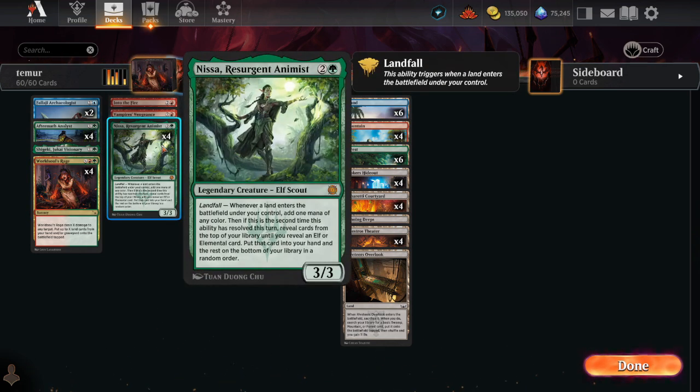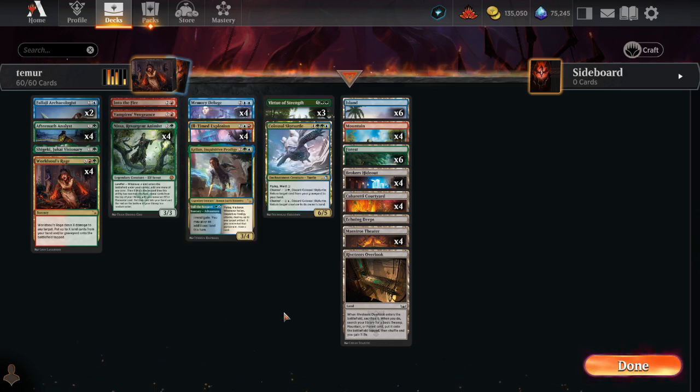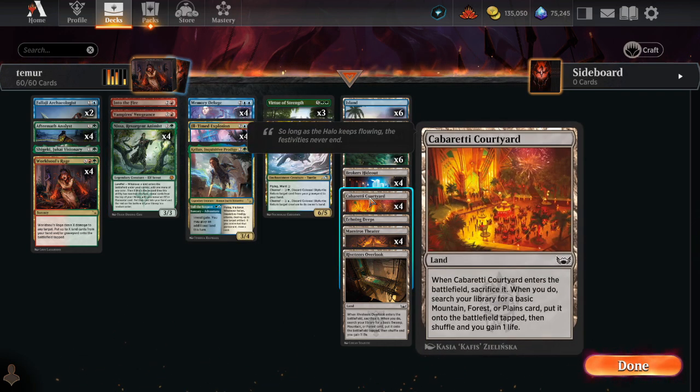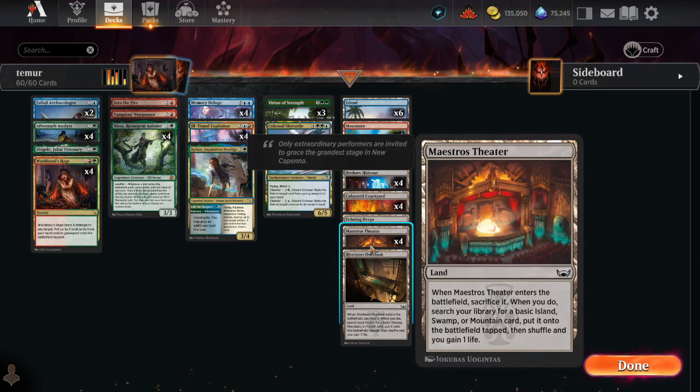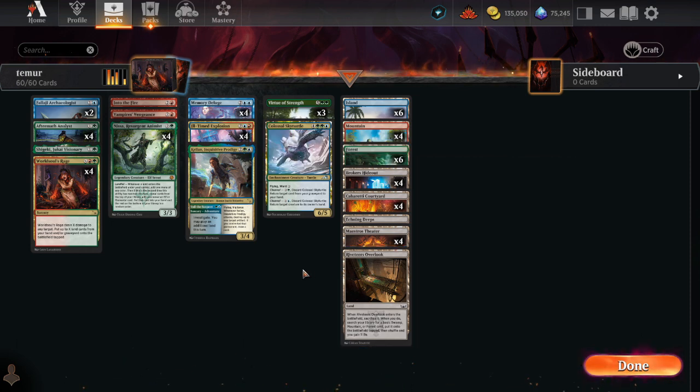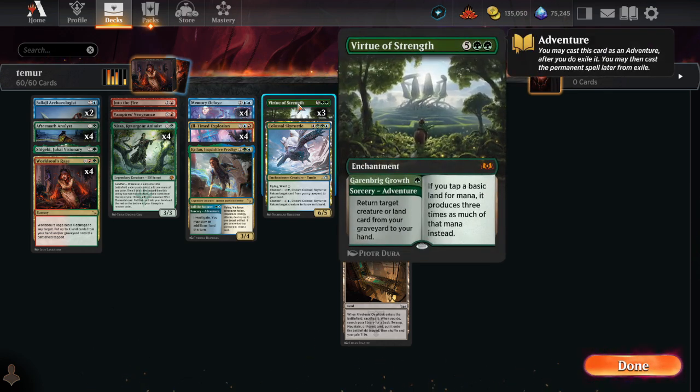All of these cards work perfectly with the common cycle of 3-color basic fetch lands from Streets of New Capenna. They go to the graveyard so they can be recurred, and they provide 2 triggers in 1 land for Nissa. Conveniently, especially for the best of 1 metagame, they also gain life. Because all of our mana-producing lands are basics, we can take advantage of Virtue of Strength, tripling our mana for